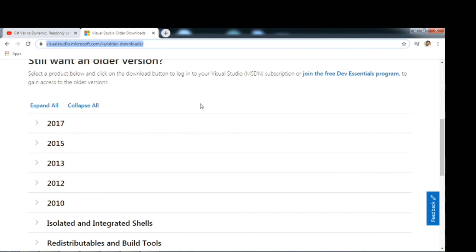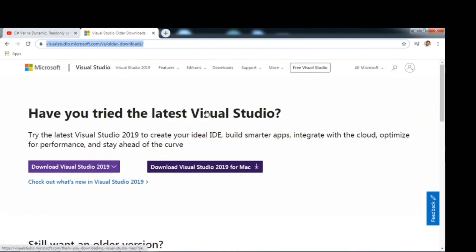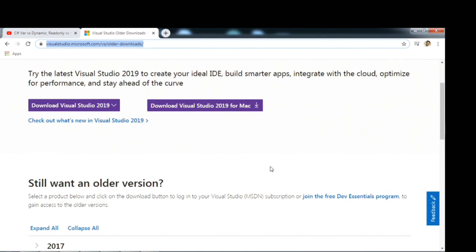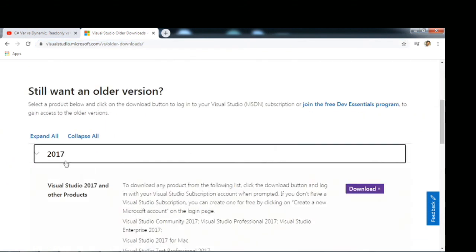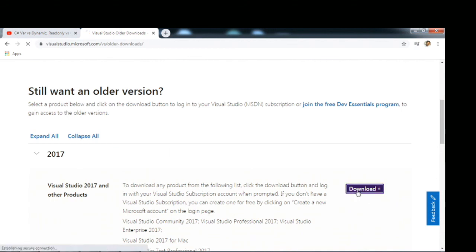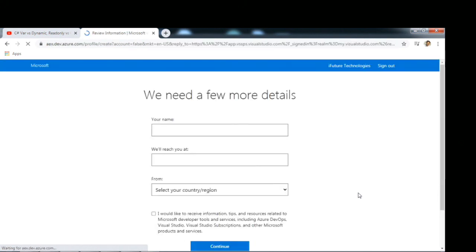So latest edition of the Visual Studio is 2019. You can download this as well. If you want to download the earlier version, the older version, you can simply click here on the Visual Studio 2017. I can keep downloading. The steps are you just need to click on the download button. It will just install one exe file. So once you click on that exe file, it will ask you whether you want to install the software while downloading or you want to continue downloading it and then install it later.